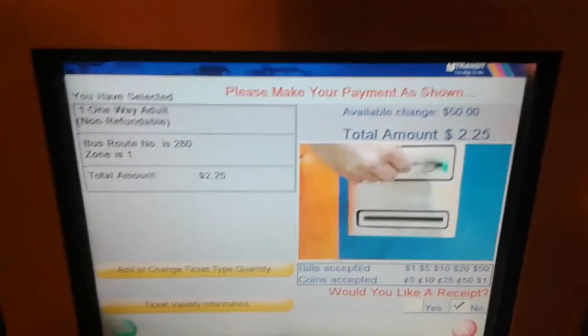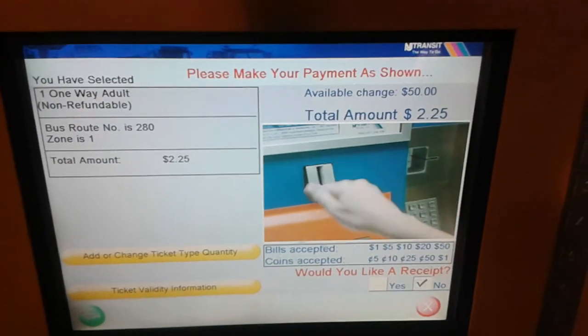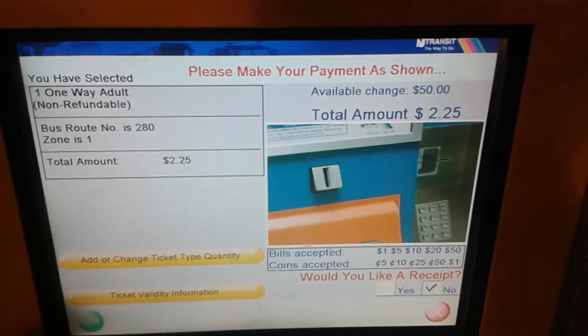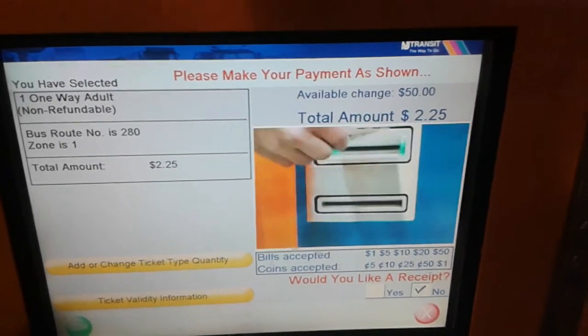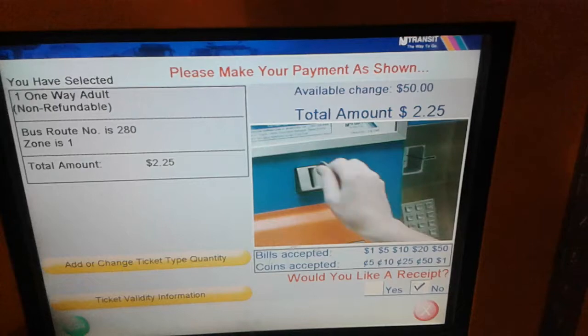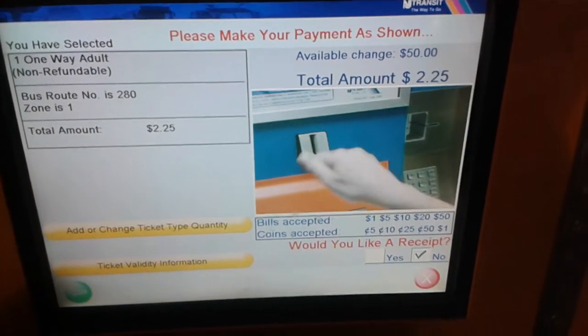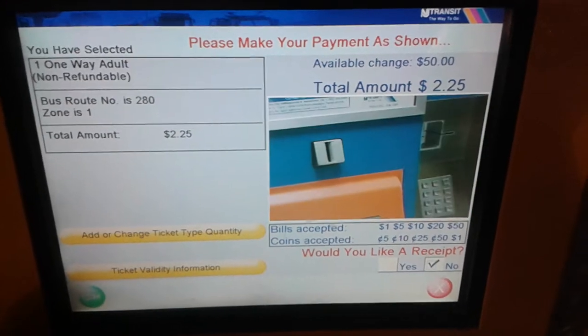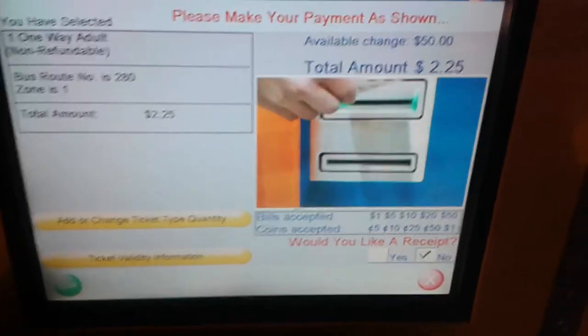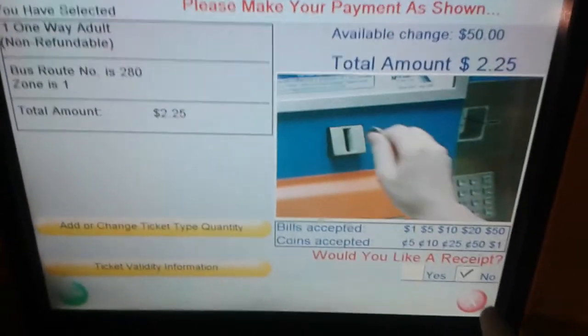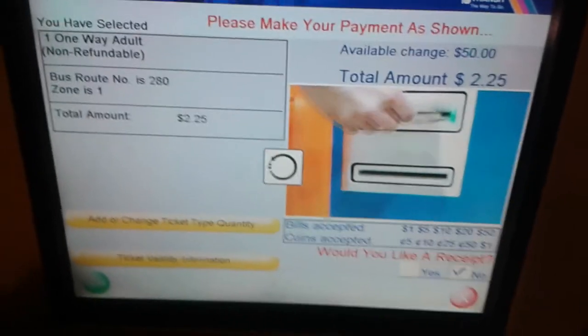You have selected one-way adult / non-refundable. Bus route no. 280. Zone 1. Total amount $2.25. The amount remaining is $2.25. The coin slot is located 6 inches above